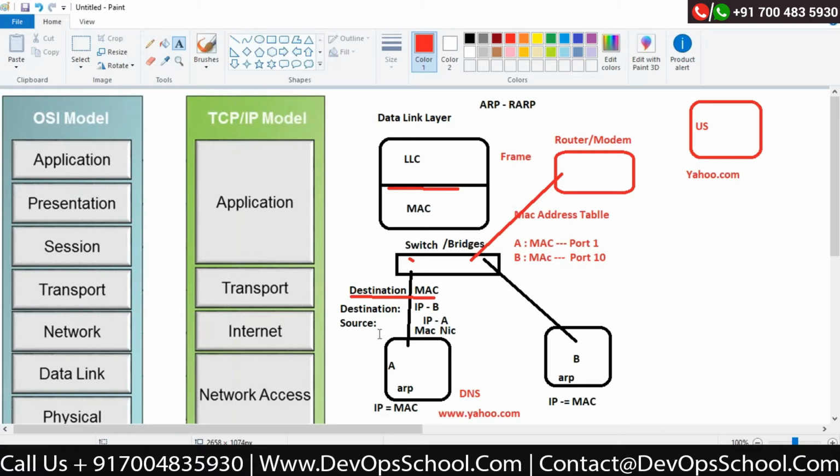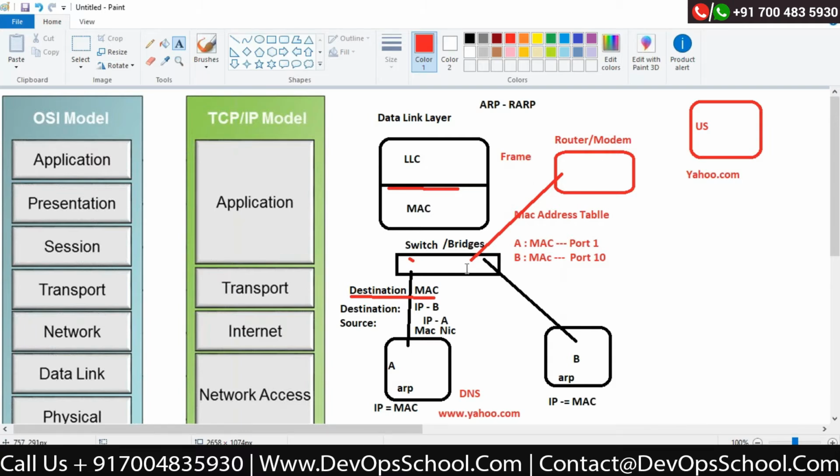Correct? Whenever I'm going outside, to something which is not connected to my local area connection, or not connected to the switch, in that condition the destination MAC address would be the MAC address of the exit point or other devices.